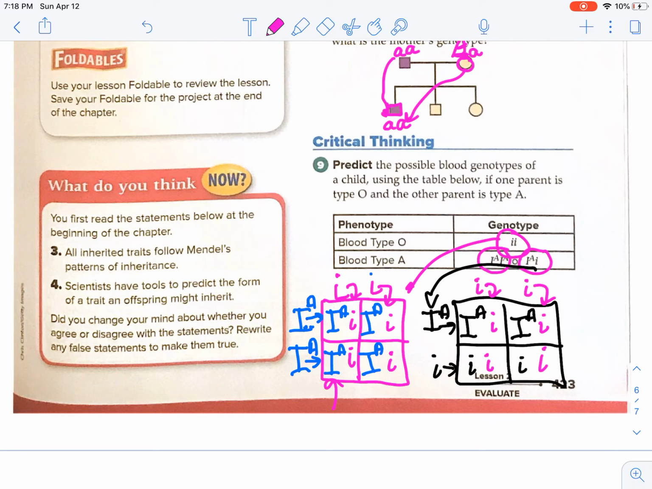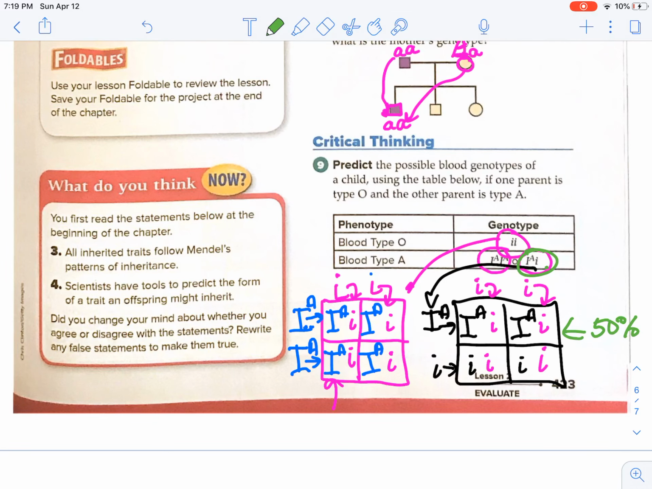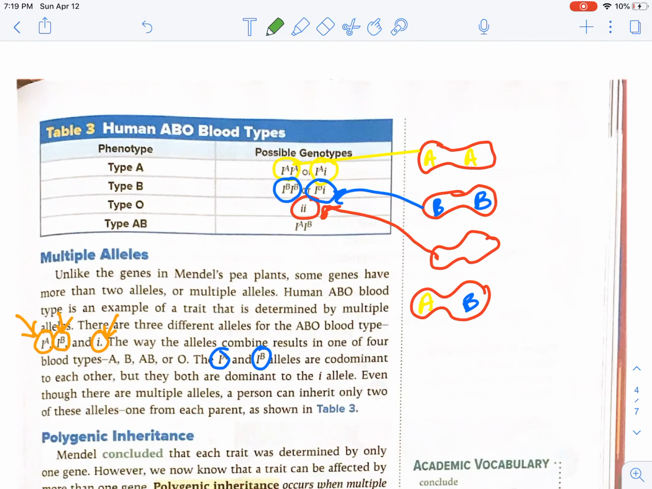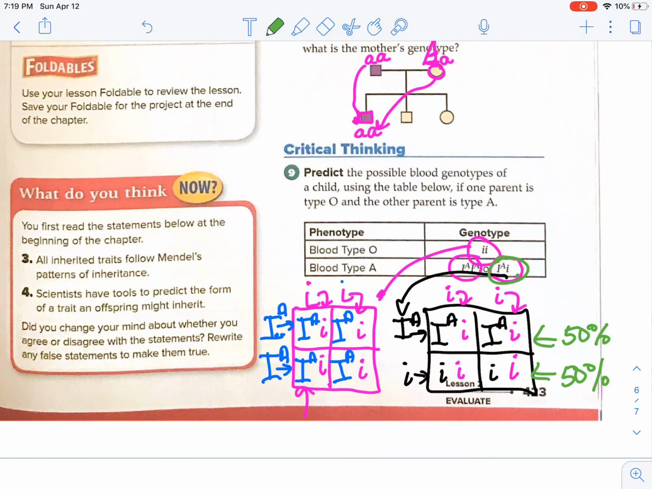All right, so you can see that if the parent is heterozygous for the trait here, then there's a 50% chance, or this is a 2 to 2 or 1 to 1 ratio, a 50% chance of having a child that has type A blood, and a 50% chance of having a child with type O blood. All right, and that is what we're going,